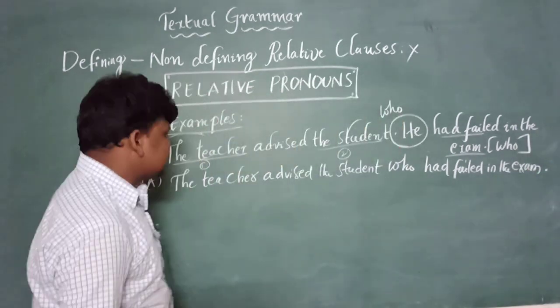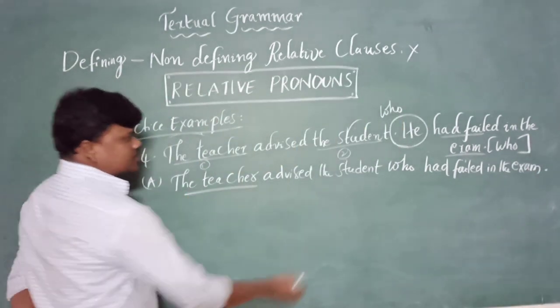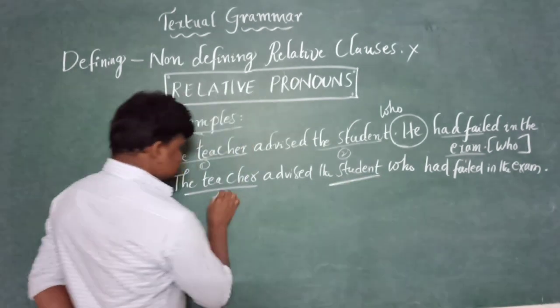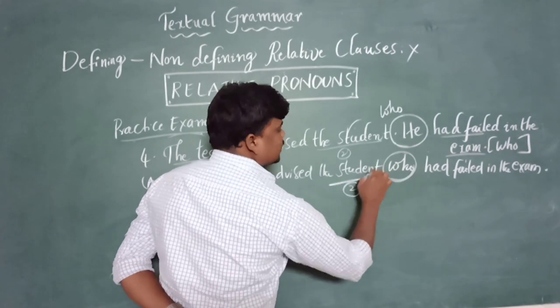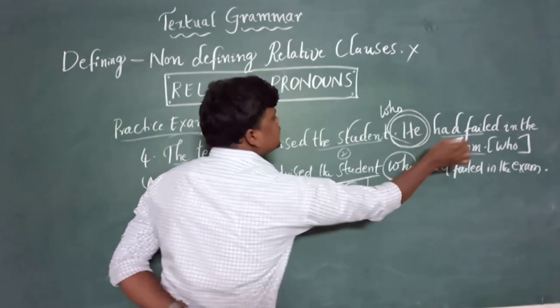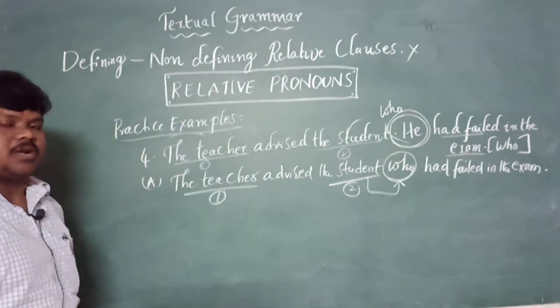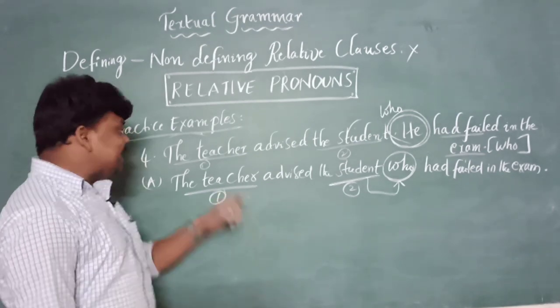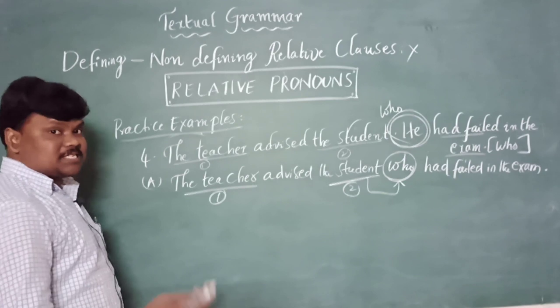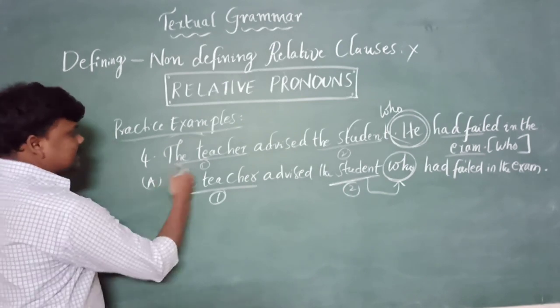Simple answer. See, teacher is there, student is there, and this is the first person, second person. This second person follows immediately who, and the second sentence pronoun should be removed. Right? Let's get into one more example. See, if the same sentence is written like this, imagine what might be the answer. The teacher who.